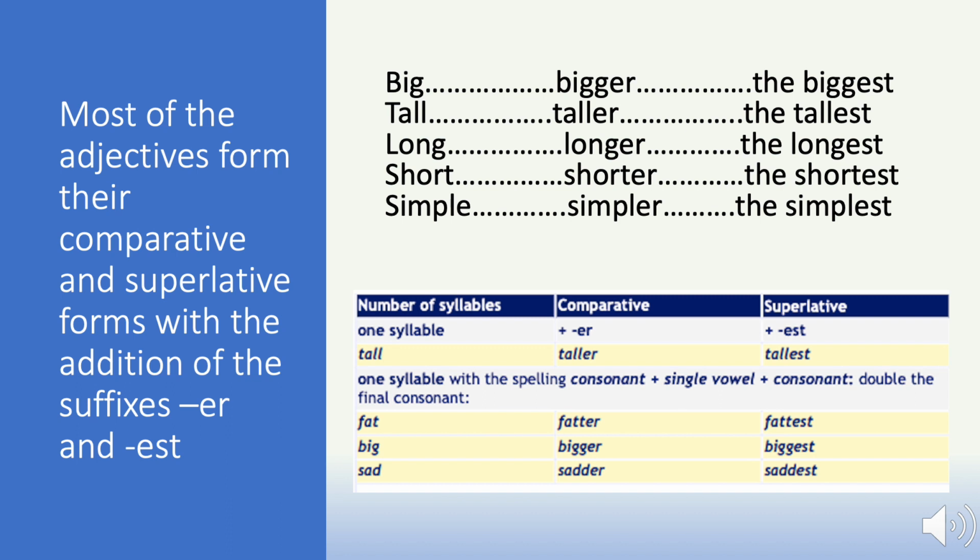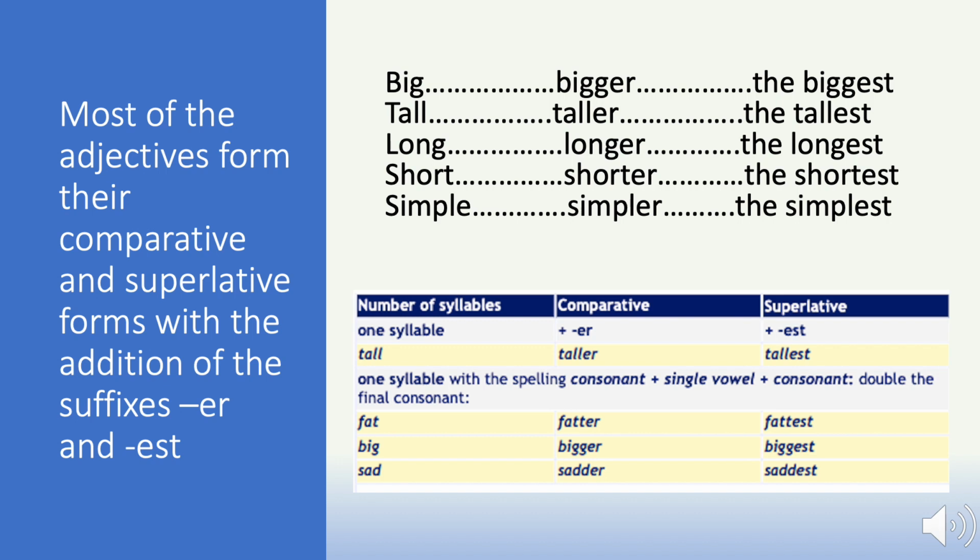When it is used to compare two units, we use the word bigger. You will notice how the spelling changes. It takes one more of the last consonant sound and then the inflection er, the suffix er. Big becomes bigger in the comparative degree, and in the superlative degree, it becomes biggest,